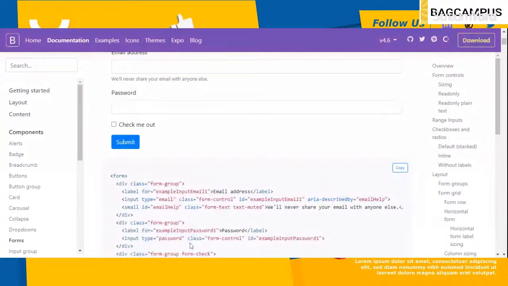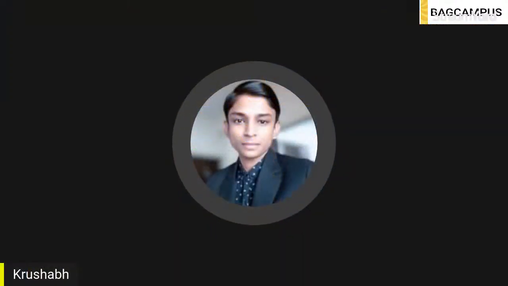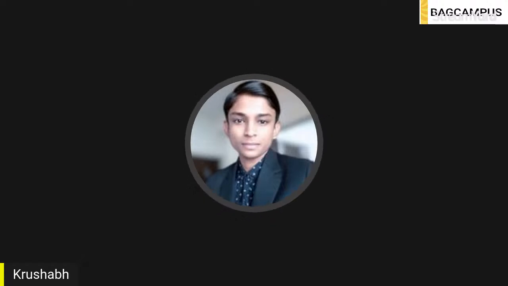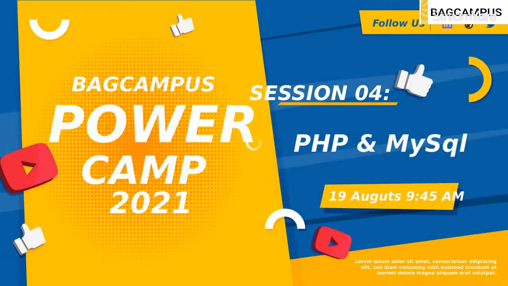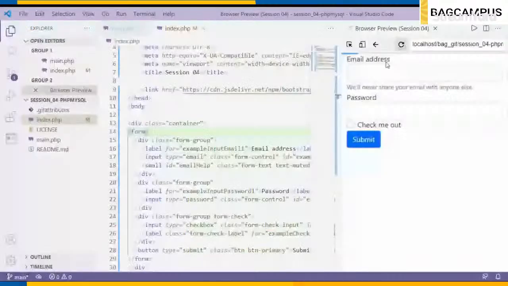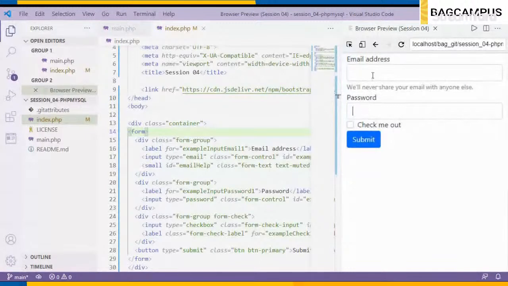So let's move to the screen of our Visual Studio Code. We have made the changes. Let's refresh this. So email, password, we can add email, we can add password, and we can also fire the